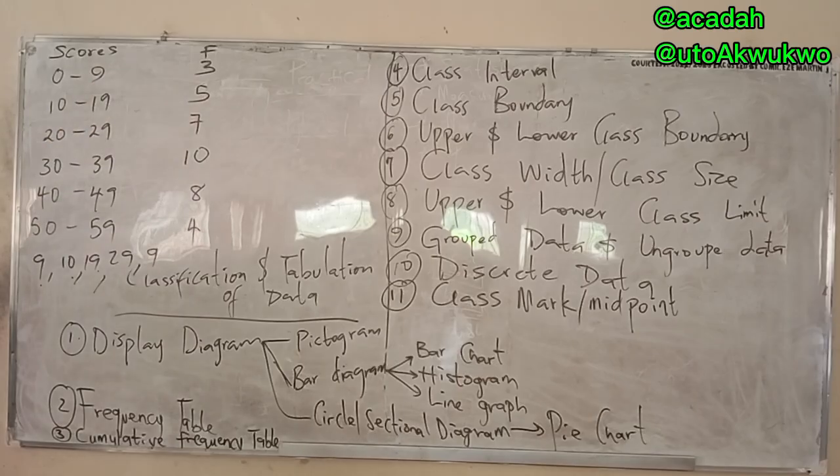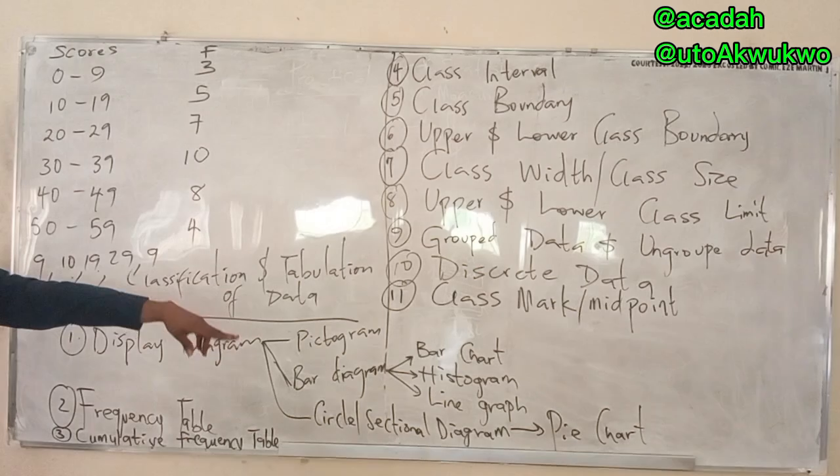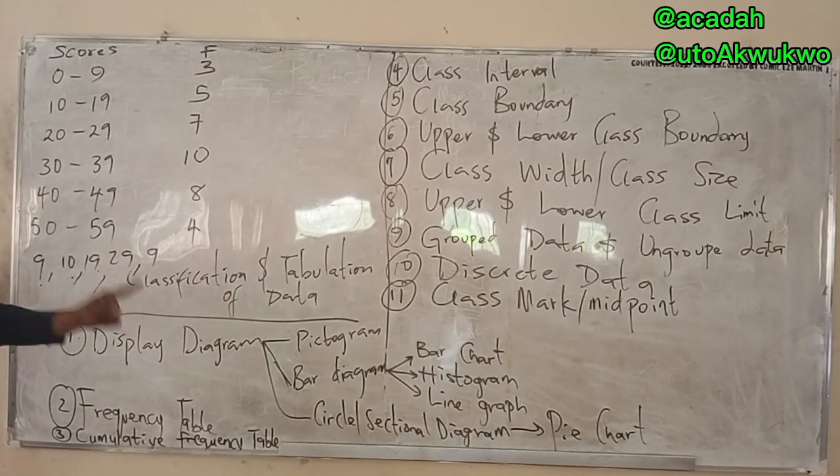So if you've noted this, you also need to know, before we start using this to process information, I want you to know what all these things are, so that we can now draw bar charts, then draw histograms, you see the difference, draw line graphs, then draw pie charts, you see the difference, and that will be it for the introduction of statistics. We'll now move to measures of prediction.